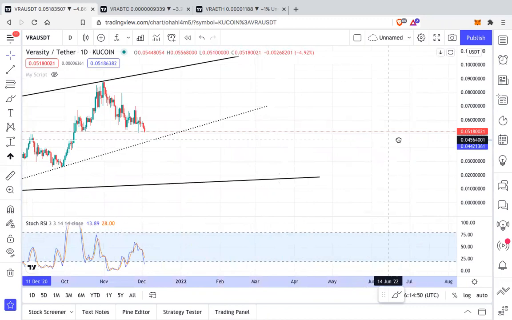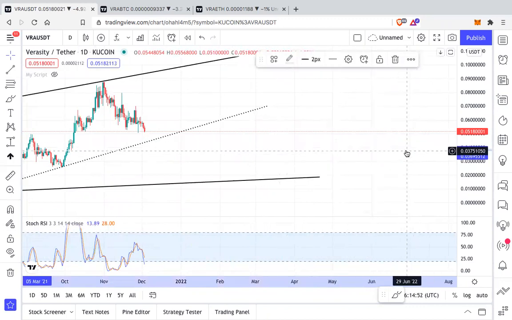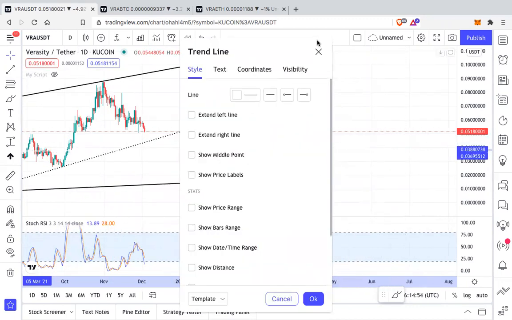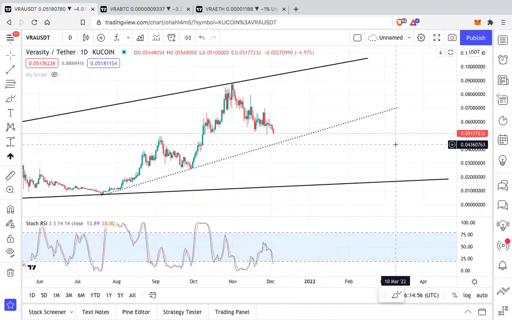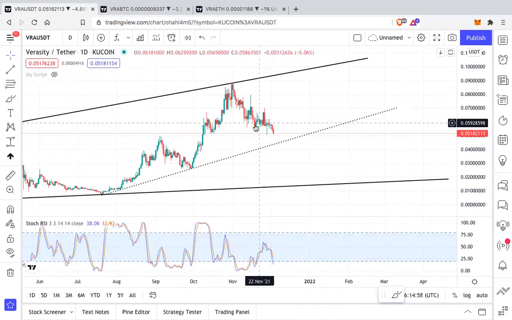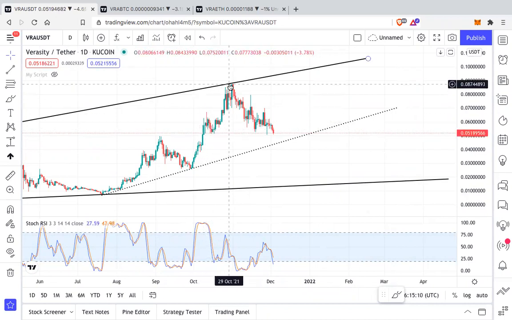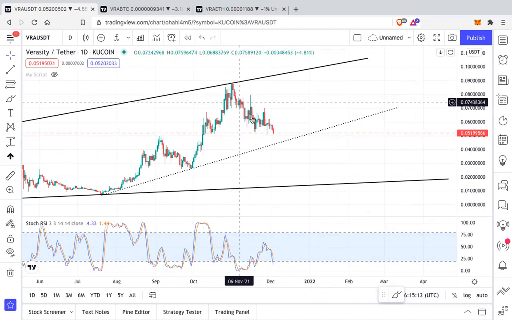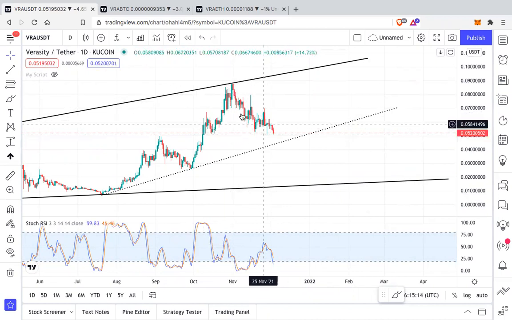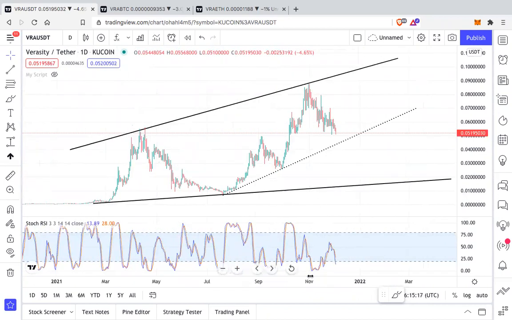This is a daily chart, and if you look at the price action, we can very clearly see that price has been consolidating in this range since almost October, almost 2 months. So we first came into this range in October. We had an amazing impulse move. We came down and we are consolidating over here very nicely.